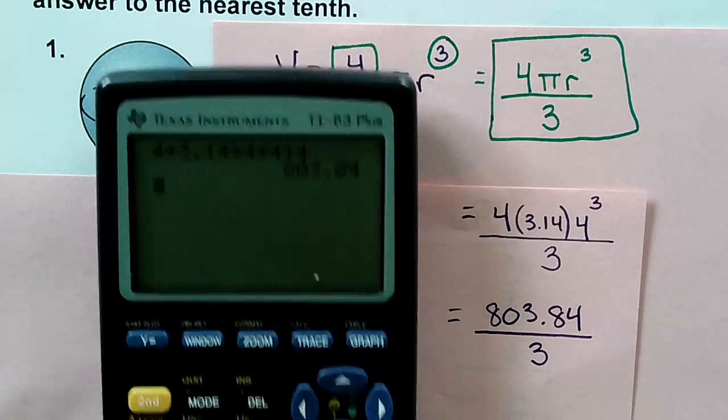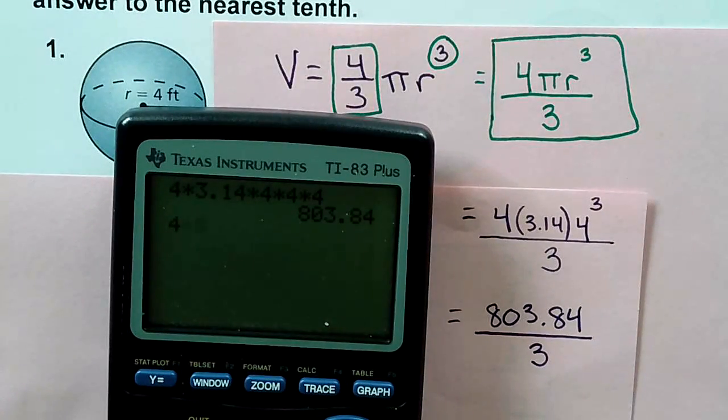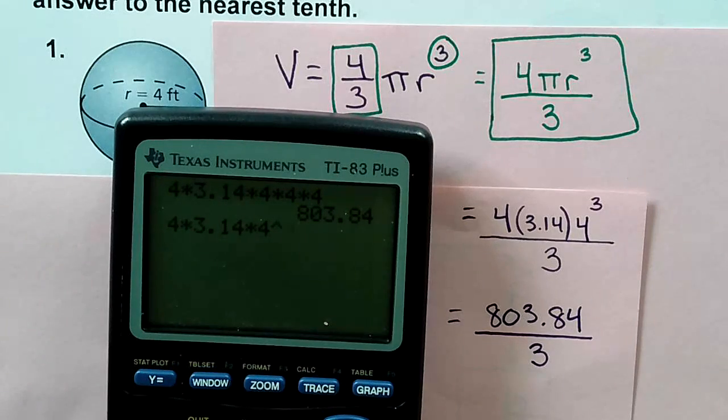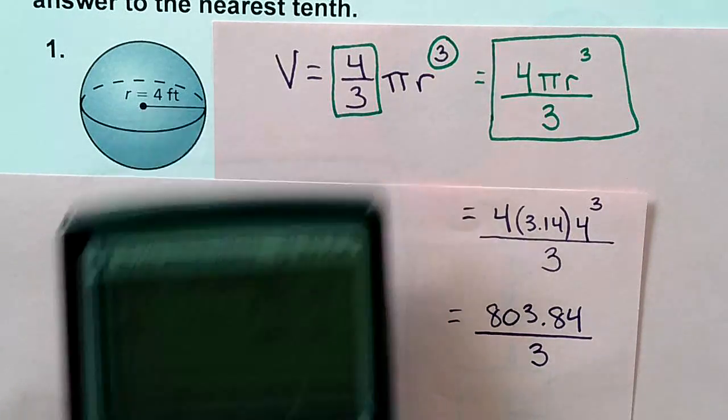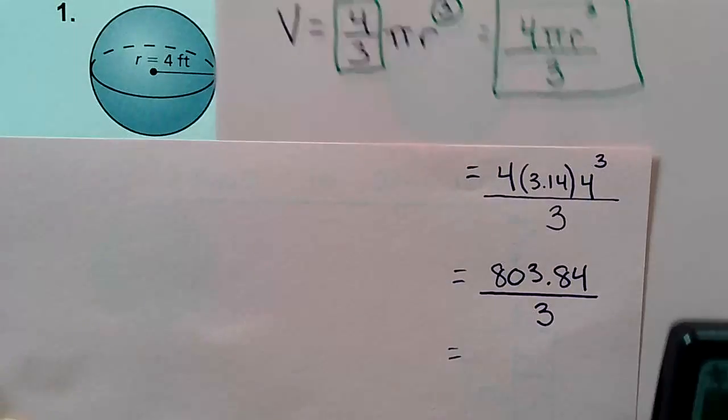So we're looking for on your calculator this kind of caret-looking symbol, right? So we might do 4 times 3.14 times 4, hit that caret symbol, to the power, and we're going to put a 3 in there. We should get the same answer. All right, and then when I divide that by 3, I get my final result,